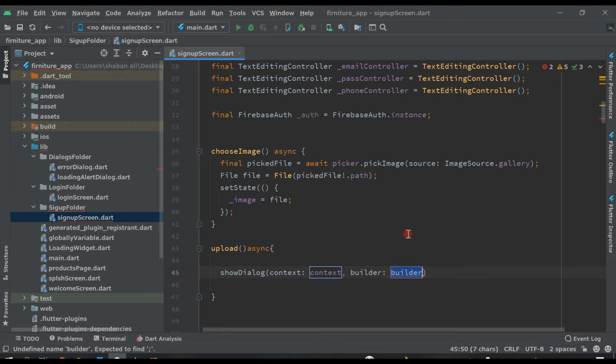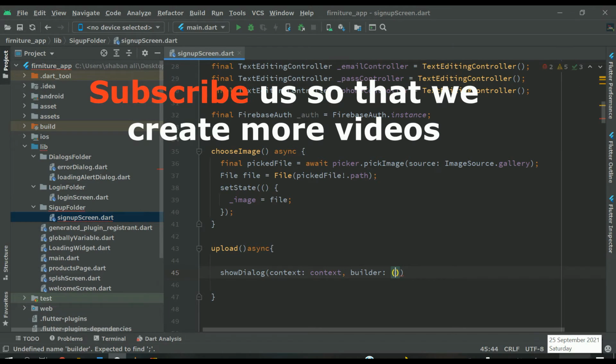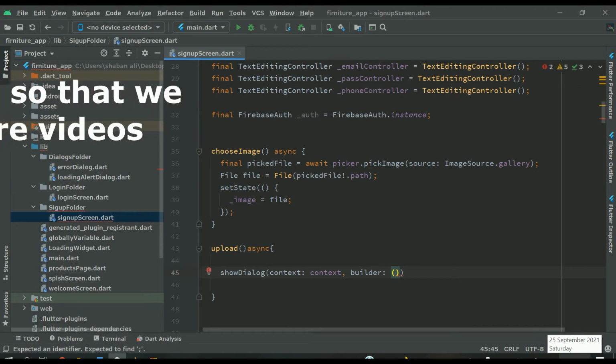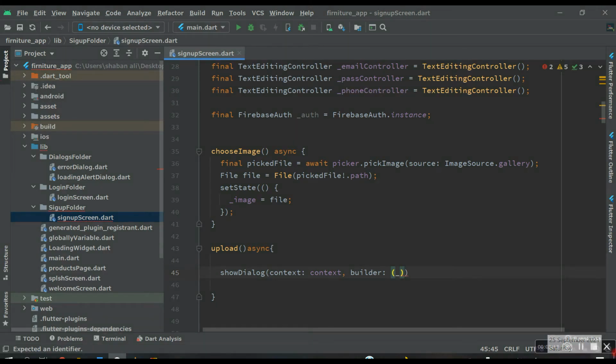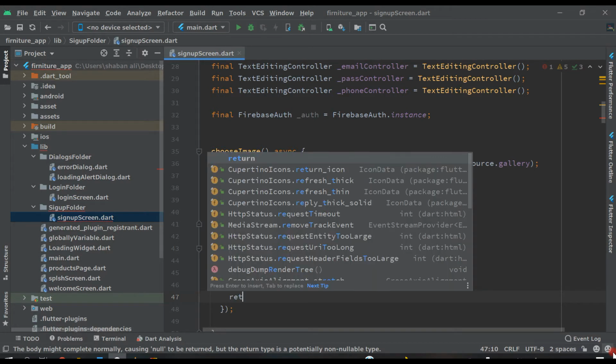So here it will be context, builder will be just like this. Remove this and put underscore here inside this, then open curly brackets and put semicolon, and inside this we will return our alert box, loading alert.